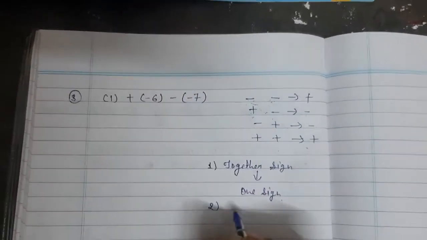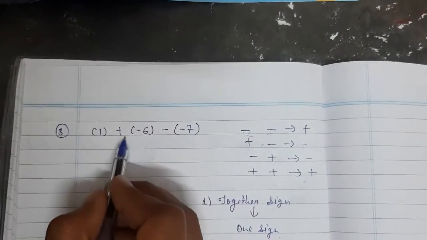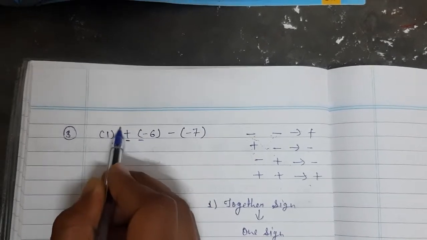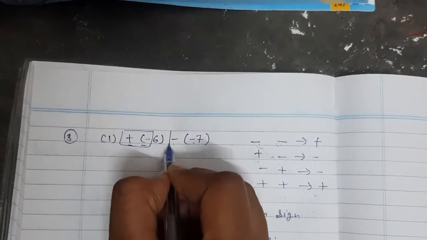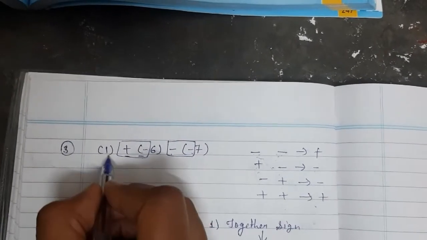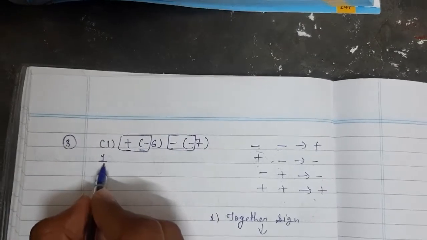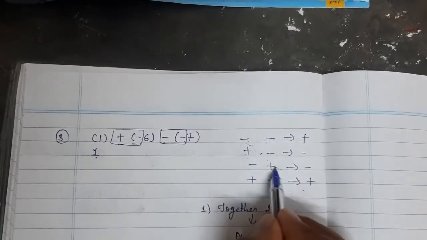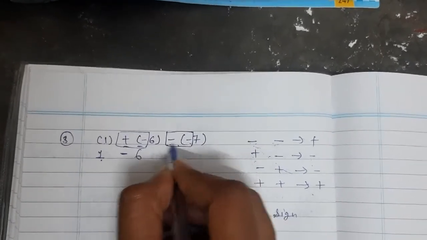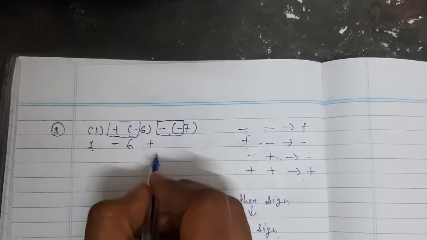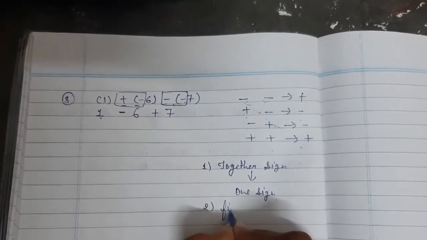Second step, first we have to complete our first step. Here in this one, where are the signs together, here and here, you have to make a box with a pencil. Here is also a sign and here is also a sign. Again you have to make this box. Now what do you have to do? 1, write it the same. Then after, plus minus means minus. Then next digit 6, here minus minus plus, so you have to convert into one sign and then after write here 7.